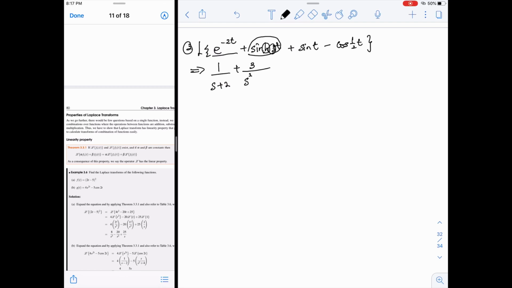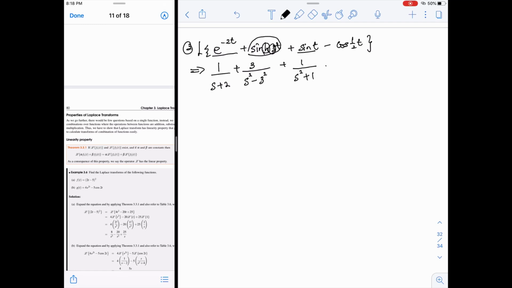Since it's hyperbolic, then it will be minus over here, so it still has 3 to the power of 2. And then this one we have sine, then a is 1, so we have 1 over s squared. Since there is no hyperbolic, it's plus over here, plus a is 1,